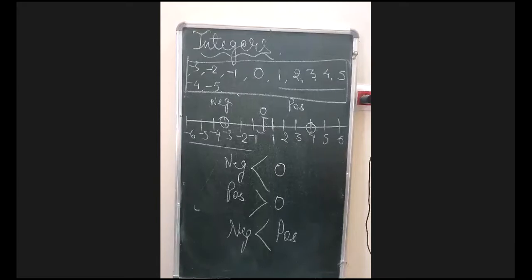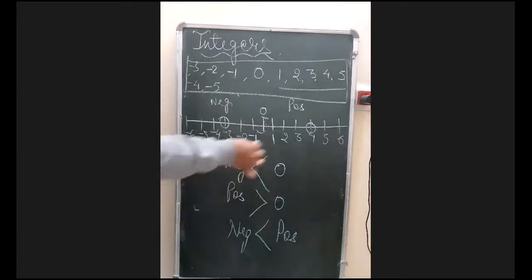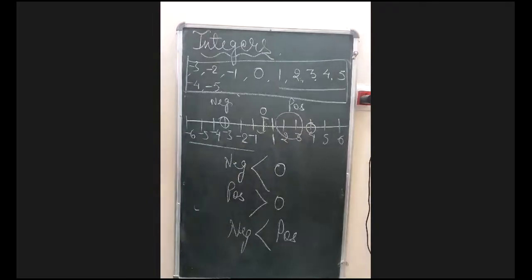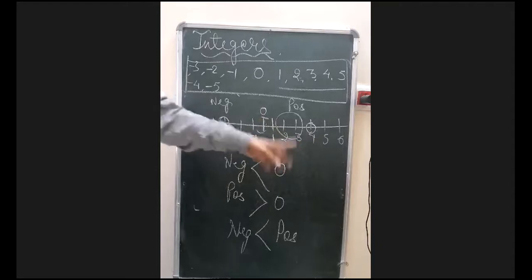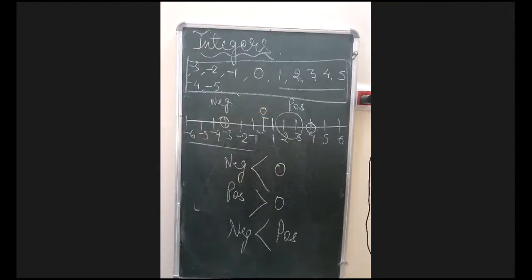ठीक है? और याद रखिएगा, if you get two numbers to pick, like 2 and 3, and you are asked इन दोनों में से बड़ा कौन हुआ, तो याद रखिए जो नंबर राइट साइड में होगा वो हो जाएगा बड़ा. तो 2 and 3 में बड़ा कौन? 3 is always greater. The answer for -5 and -2 would be -2. -5 और -2 में -2 बड़ा होगा because -2 is on the right hand side and -5 is on the left hand side.